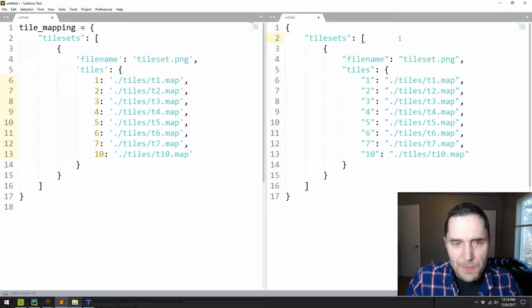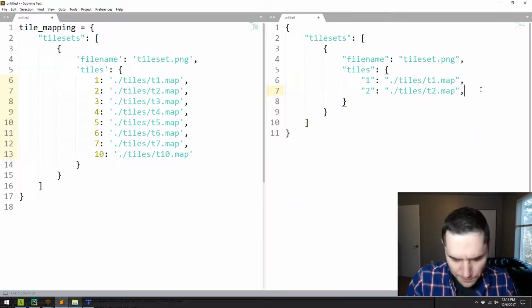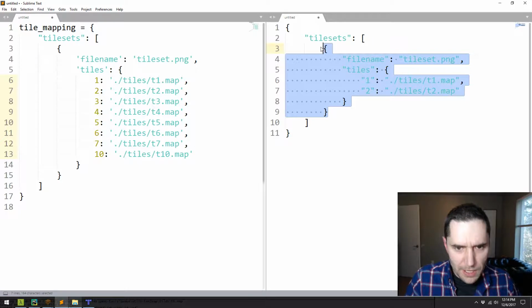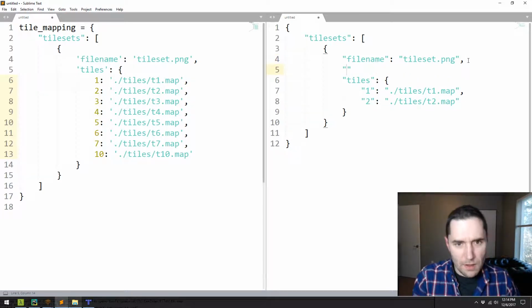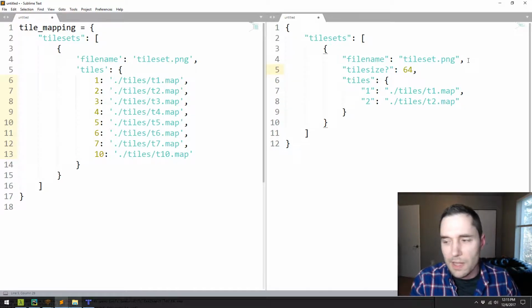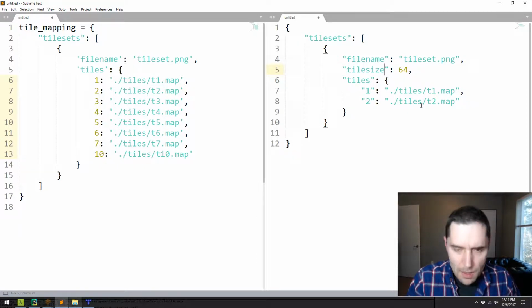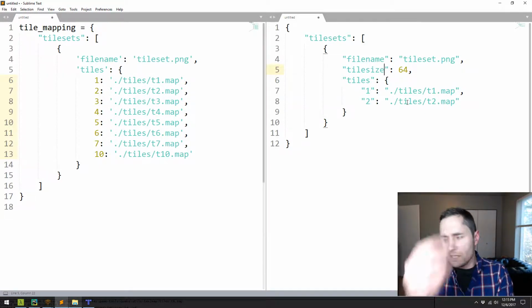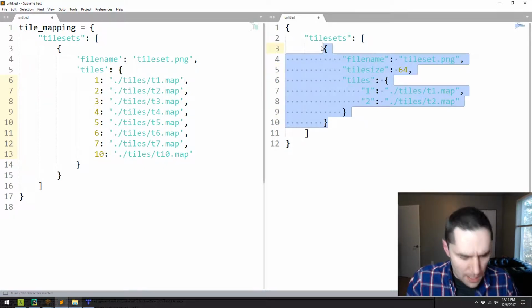So this would allow me, I'm just looking at the structure of how I want this to work. So let's make this small, 1, 2. These are the tile sets. This is a tile object, more or less. It has a file name. This is the thing we're targeting. It has tiles. Maybe it should have a tile size, maybe 64, something like that, because we need to know how big these tiles are. I don't want to hard code that, but they have to be square, because the way they rotate, it would be weird if you rotated non-square tiles. So maybe something like that, and then I could have a second one,